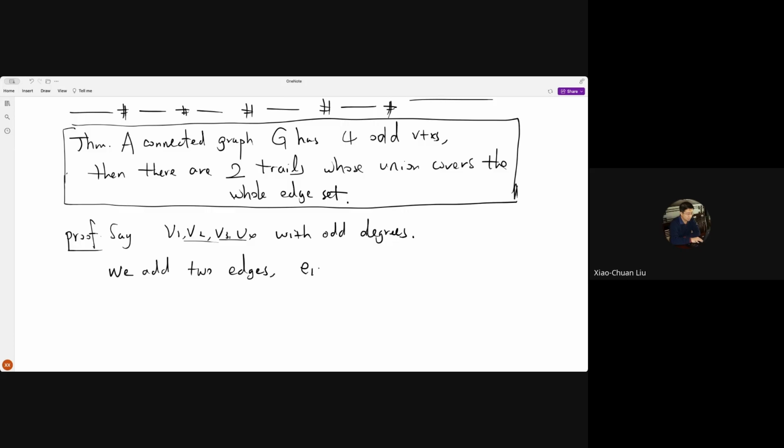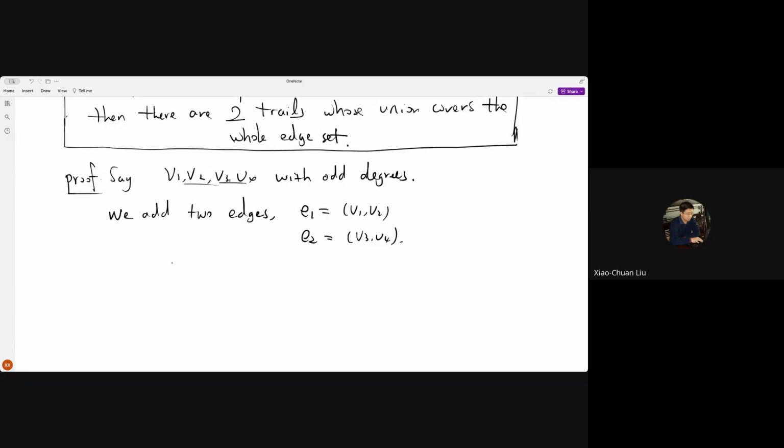Let's say e1 is v1v2, and e2 is v3v4. After adding these two edges, we obtain a new graph, G prime,